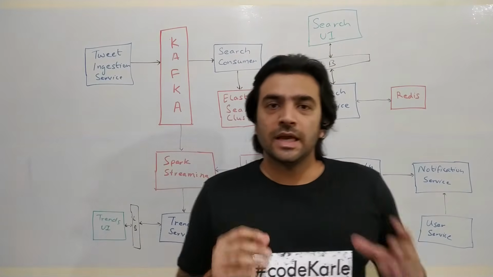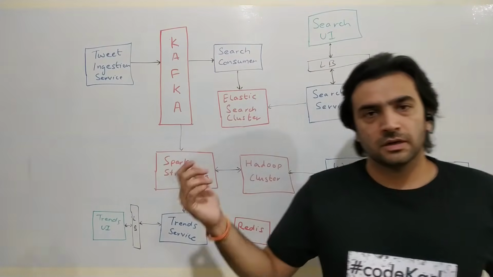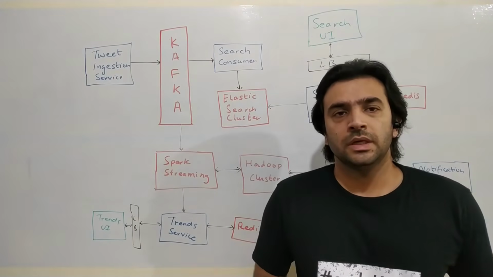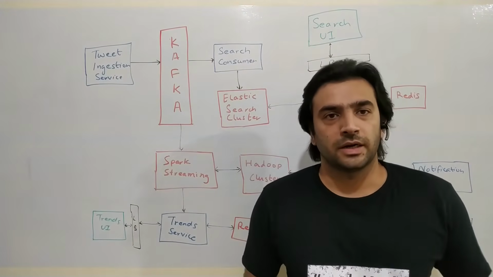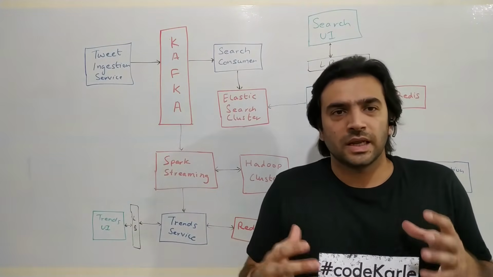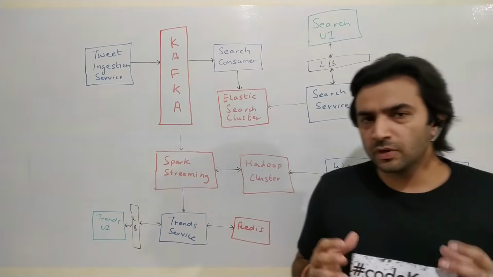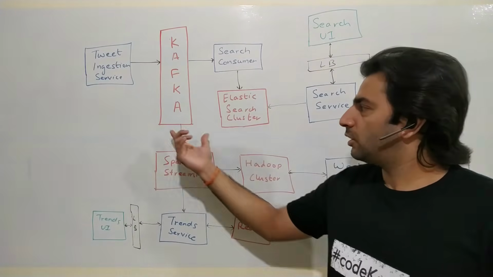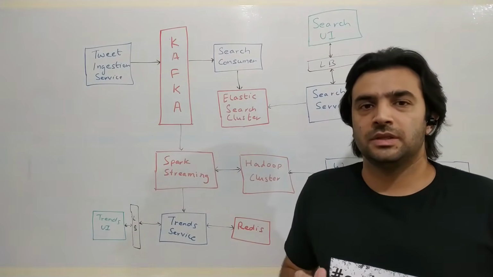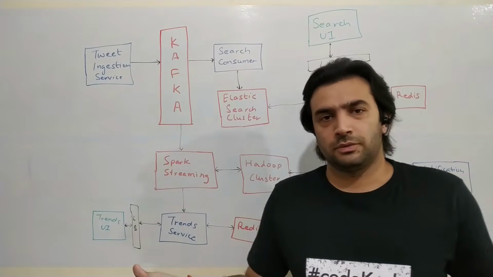Now let's look at some of the analytics that can be done on top of this data. Again, going back to the same Kafka, wherein a series of tweets was coming. One very common feature of Twitter that you see is what is trending right now. And it's not just Twitter, in any such platform, you would want to know what people are talking about, right? What we could easily do is, on top of this Kafka, have a very simple Spark streaming consumer running, which checks for the most common keywords in the last 1 hour.